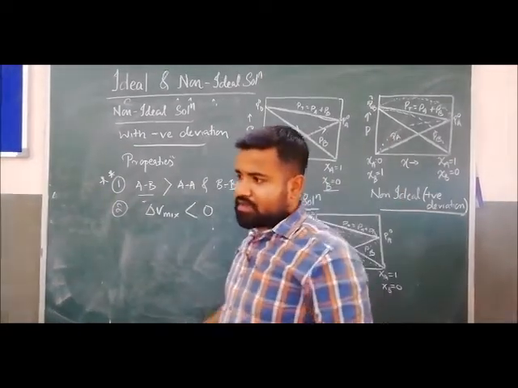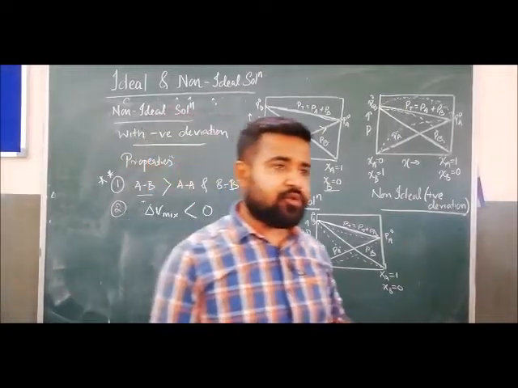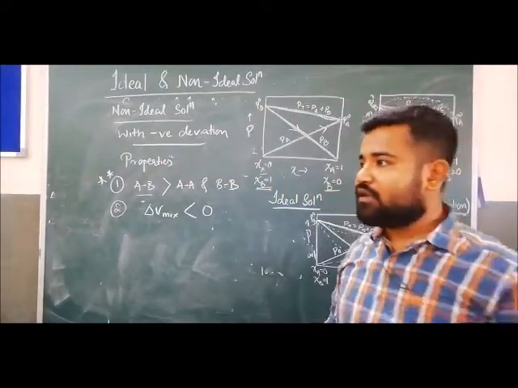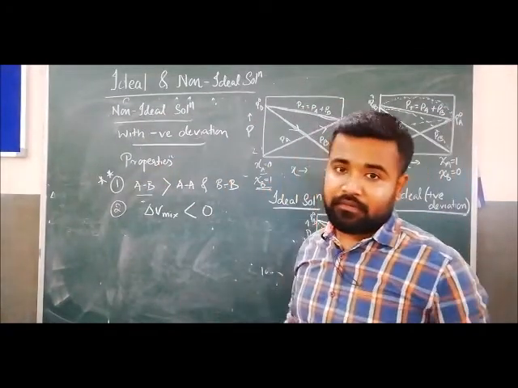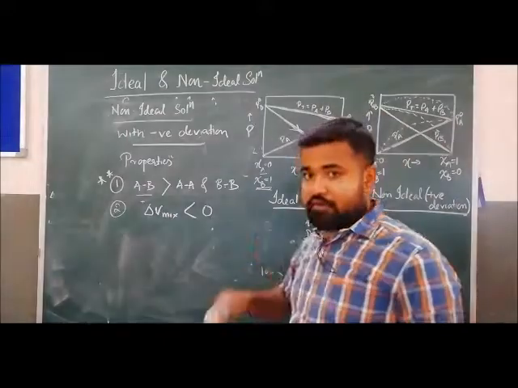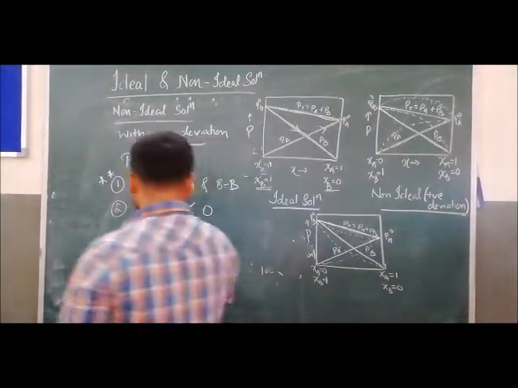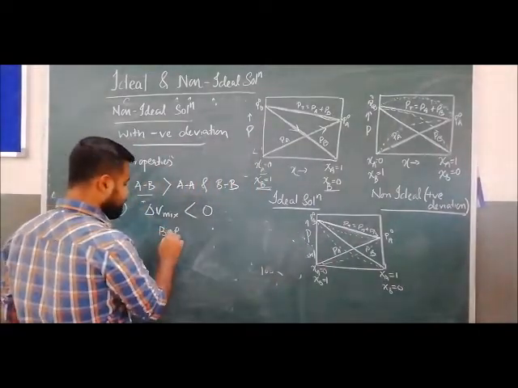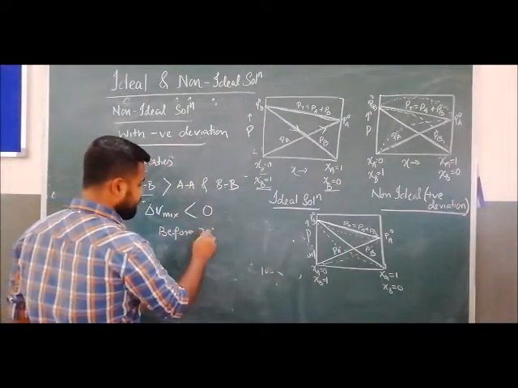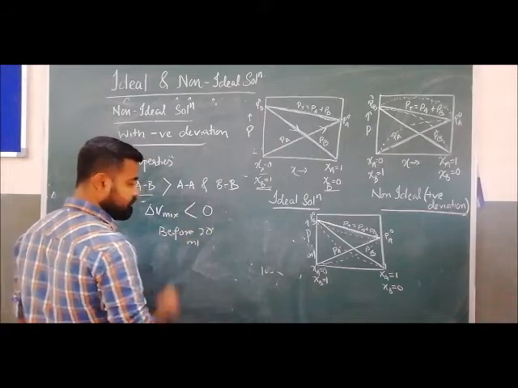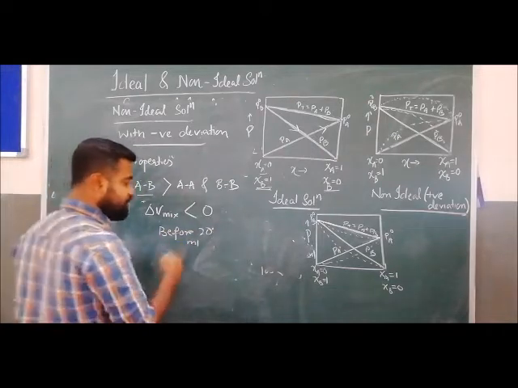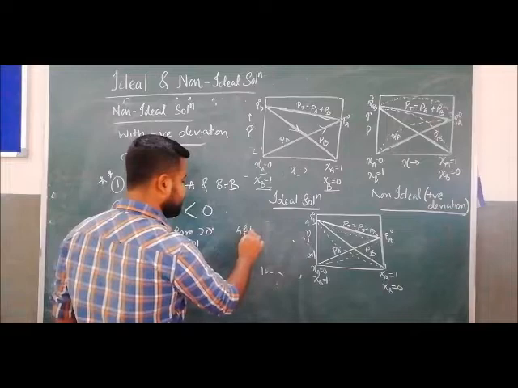Means before the solution, if it is 10 plus 10, 20 ml, after the solution it is 19.5 ml, less than 20. Before the preparation of solution it is 20 ml,